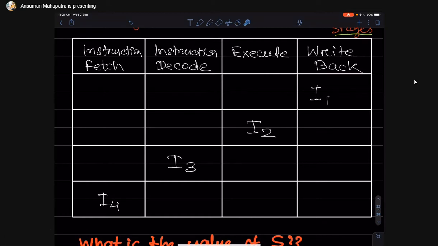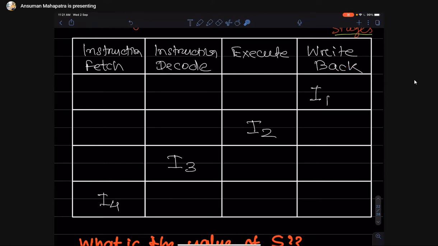So what can we do? Whenever instruction 1 is fetched, in instruction fetch only one instruction can be fetched. In instruction decode, only one instruction can be decoded. In execution, only one instruction can be executed at a time. At the same time only one instruction can be executed, one fetched, one written back.